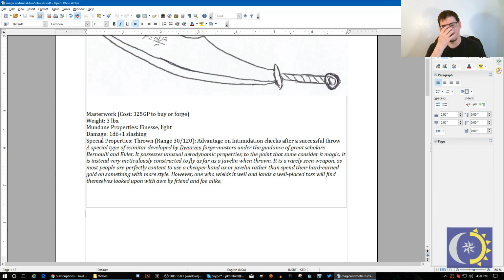Yeah, the flavor text for this is, it's a special type of scimitar developed by Dwarven forge masters under the guidance of great scholars Bernoulli and Euler. It possesses unusual aerodynamic properties to the point that some consider it magic. It is instead very meticulously constructed to fly as far as a javelin when thrown. It is a rarely seen weapon, as most people are perfectly content to use a cheaper hand axe or javelin rather than spend their hard-earned money on something with more style. However, one who wields it well and lands a well-placed toss will find themselves looked upon with awe by friend